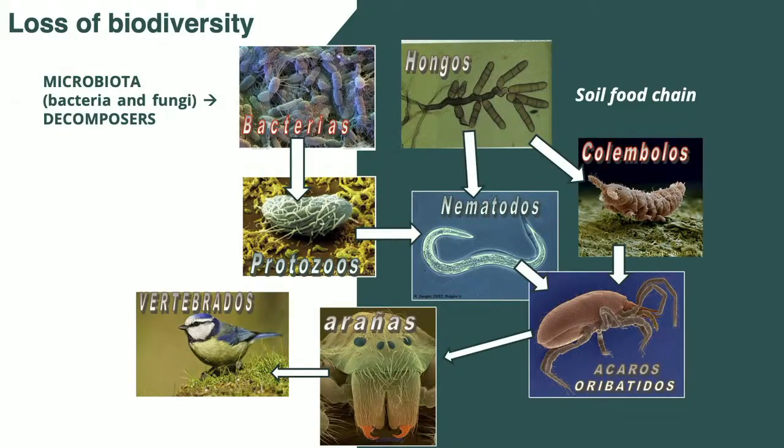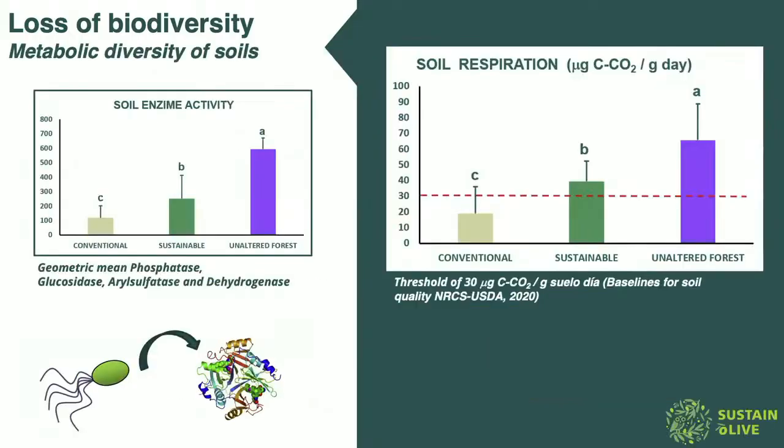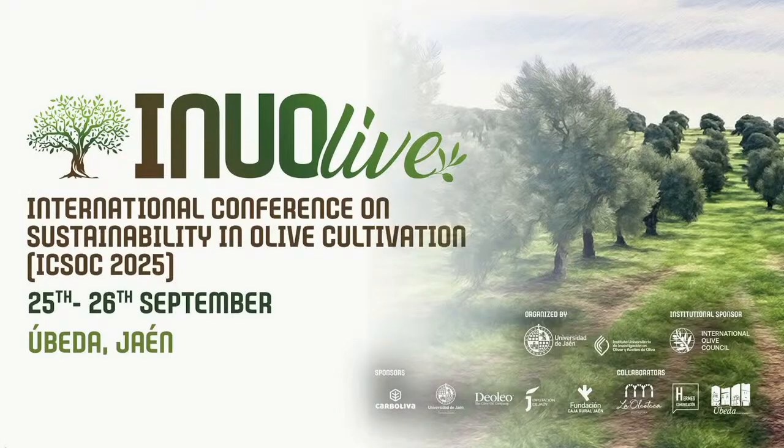Okay, very related with the loss of organic matter is the loss of biodiversity. We can show the soil food chain, but in our project we focus on the microbes, on the bacteria and fungi. We have studied, for example, the enzyme activity. In this plot, we can see an average